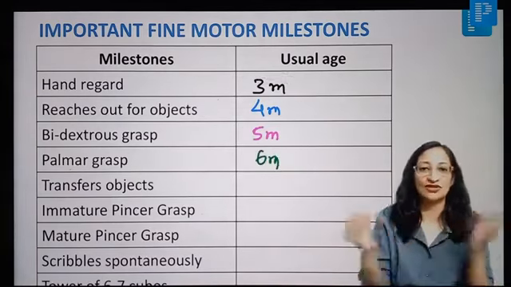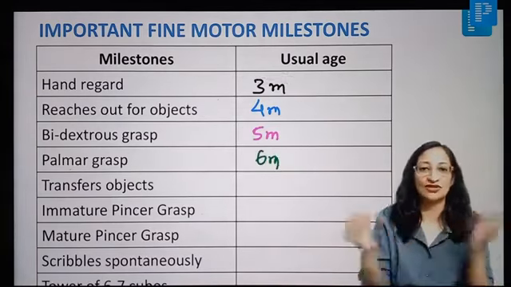Okay. Now copies a circle. Copies a circle comes at 3 years. Circle is all round and 3 has got this round. So copies a circle at 3 years. Okay. Copies a triangle at 5 years. In this given question, the child was not able to copy a triangle. That means his age was less than 5 years. Okay. Now copies a diamond. So a diamond like this that you can see. So copies a diamond at 6 years.